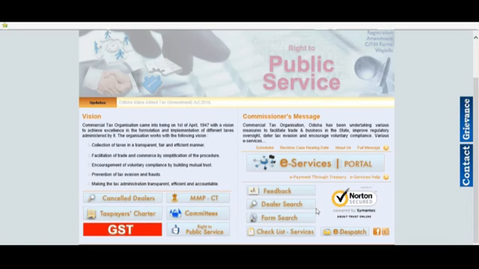This is a video demonstration of the procedure for filing tax return under various acts such as VAT, CST, entry tax, professional tax and entertainment tax in the state of Odisha. For filing the tax return, the user can visit the e-Services portal tab on the website